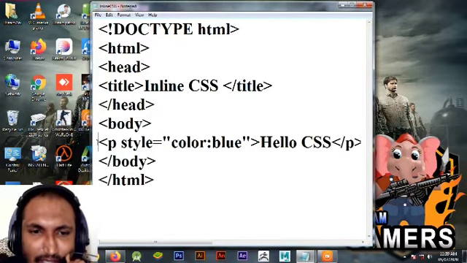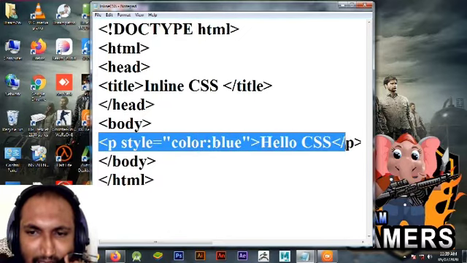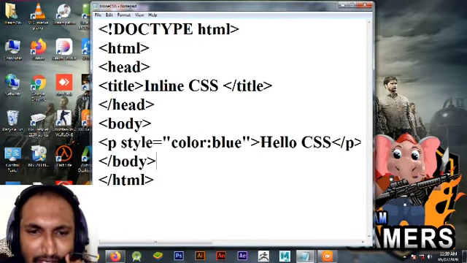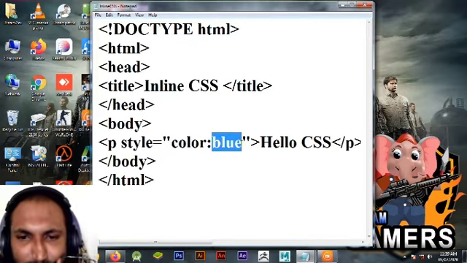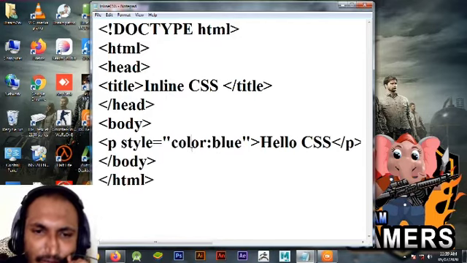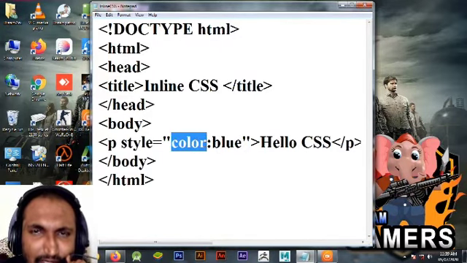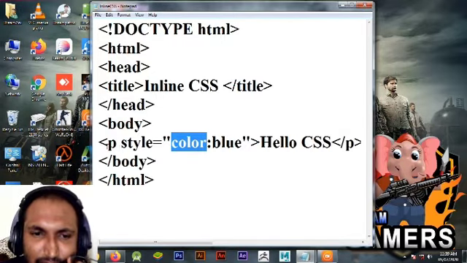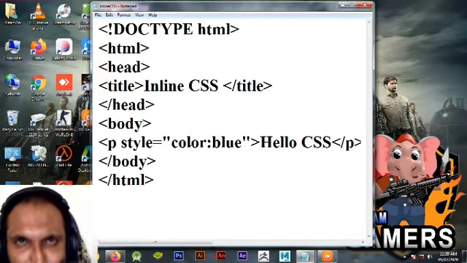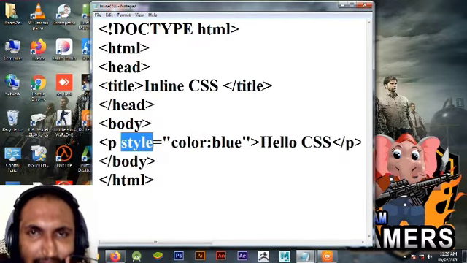See, here I have taken a p tag and I have simply taken this as the property and this as the value of its property. Color is the attribute of p and we are using it as a property in the style attribute.